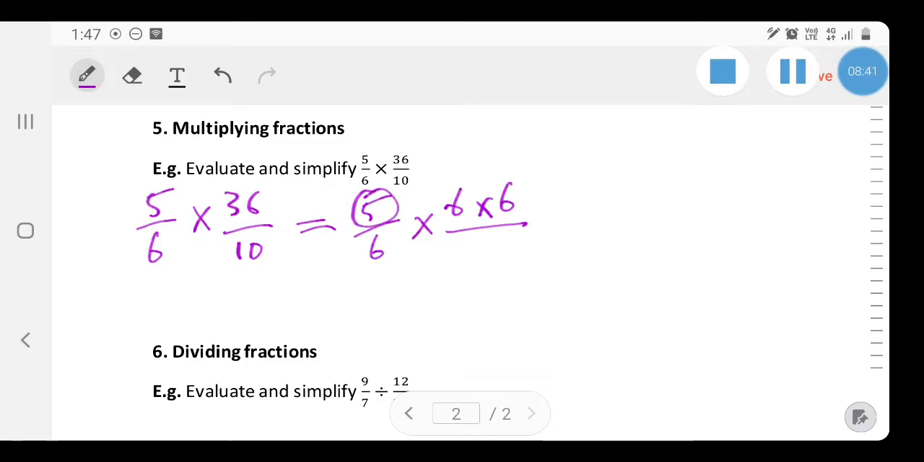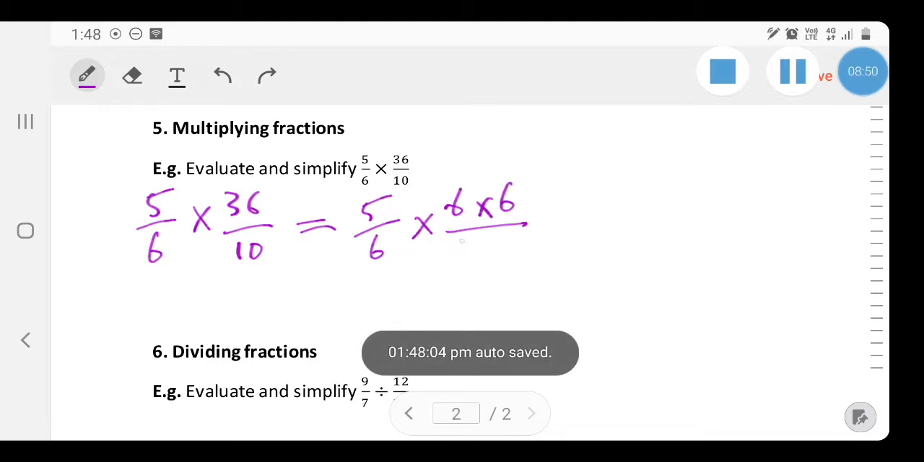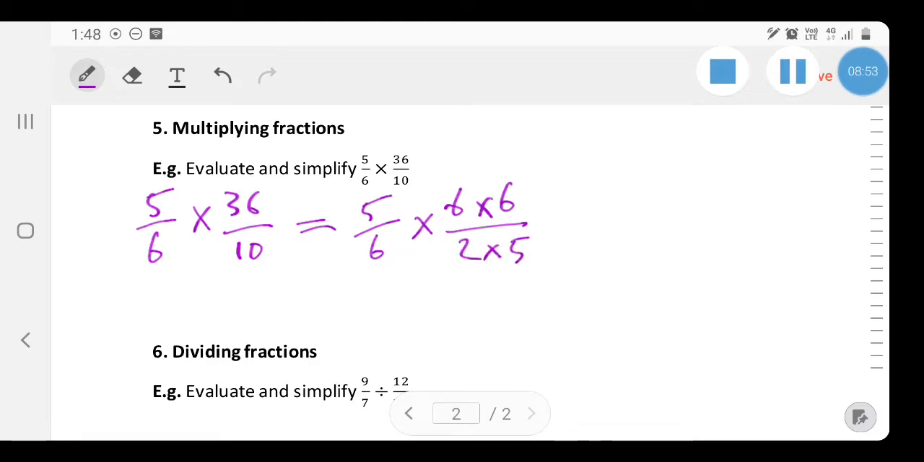So wouldn't it be convenient if I could replace the 10 with something by 5? It's not always possible, but this is what we look out for. In this case, it is possible. 10 equals 2 times 5. Okay? All right, so now I can do some cancelling. 6 divided by 6 is 1, so they disappear. 5 divided by 5 is 1, so they disappear. So what do I have left? I have a 6 and a 2 left. All right, so this equals 6